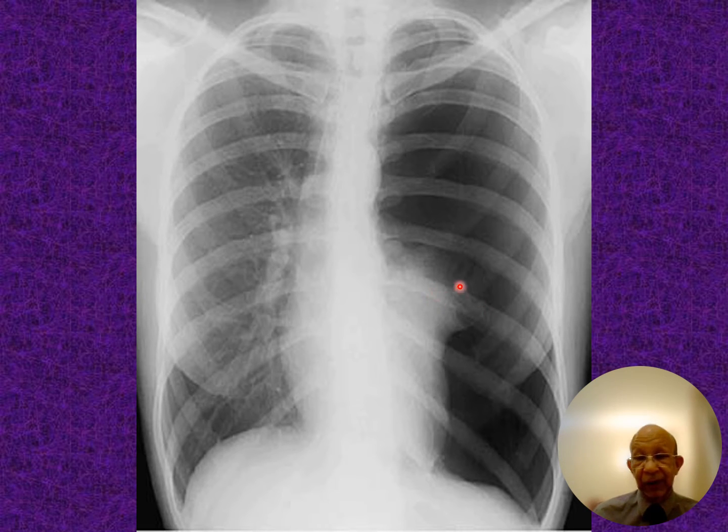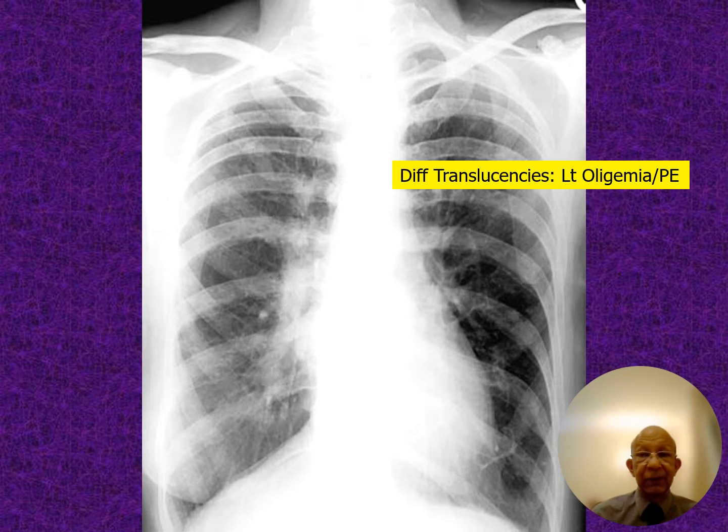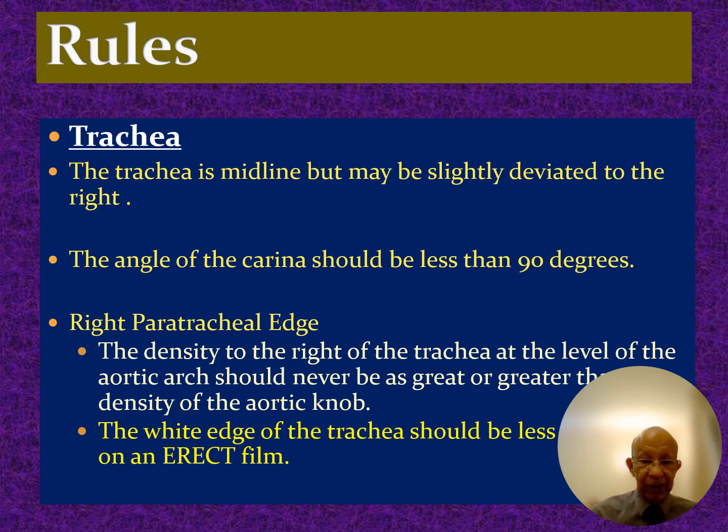You can see that the lung here has collapsed to the hilum on the left side, right? The whole lung is actually hyperinflated. So it is a pneumothorax on the left side, okay? And if you look here, you can again spot that this is a bit whiter than this one, okay? And the reason is different translucencies because of left-sided oligemia due to pulmonary embolism, okay, or Westermark sign, sometimes